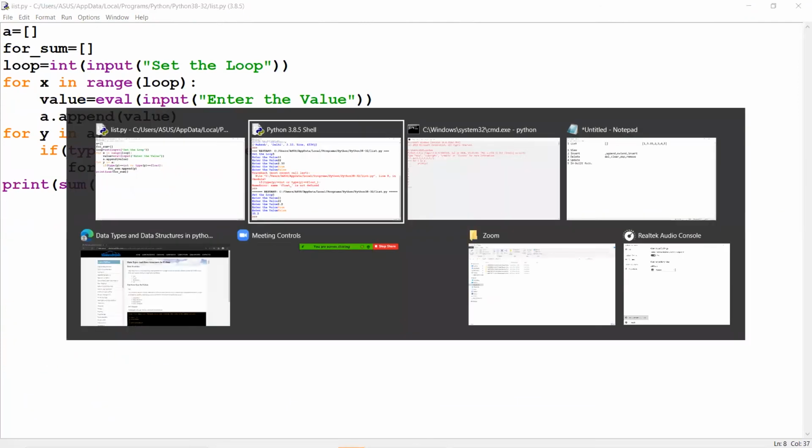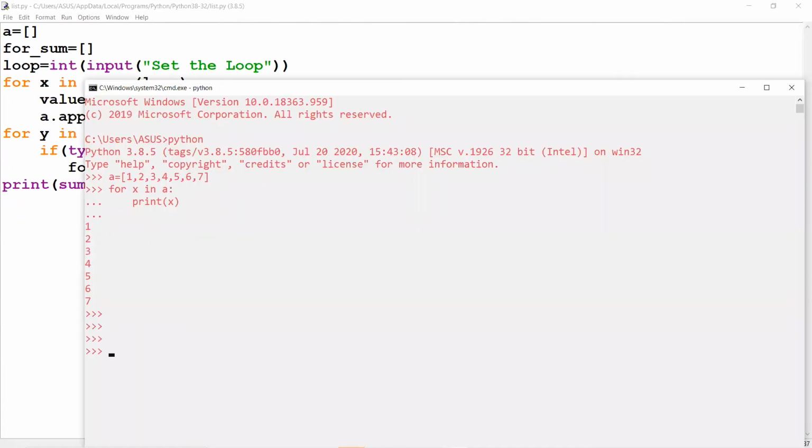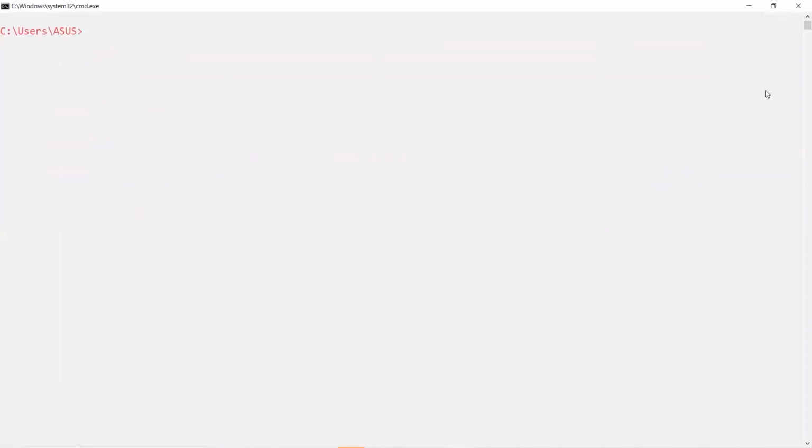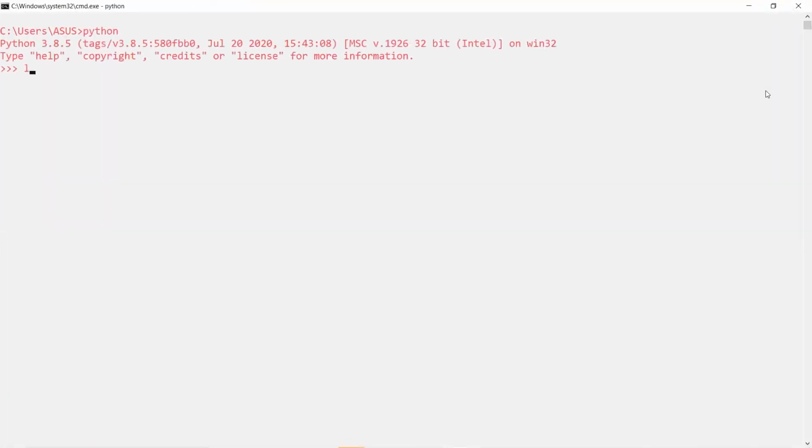Let's talk about some inbuilt functions. Suppose it is my list, a very simple list. Now I'm taking some big numbers, so it is a list. First we are opening the Python list. So here are my numbers. Okay guys, I'm taking a long list right now.